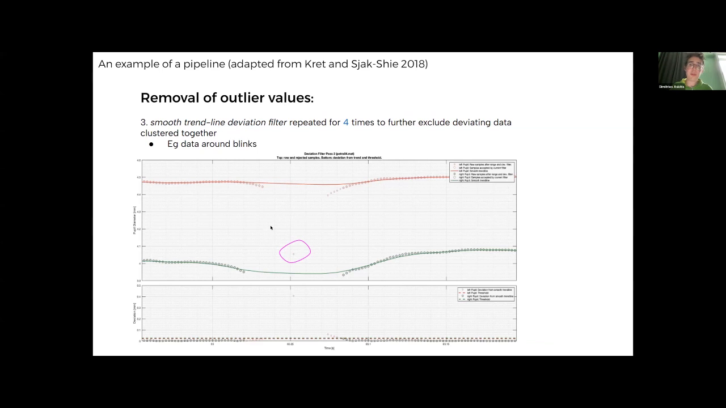For example, from the previous filter, we have this lone sample here that stayed and that wasn't removed before, and now it's removed because it's very far away from the other samples and doesn't follow the trend line of the other samples. And we can apply this a number of times to remove consecutively more and more artifacts. And finally,